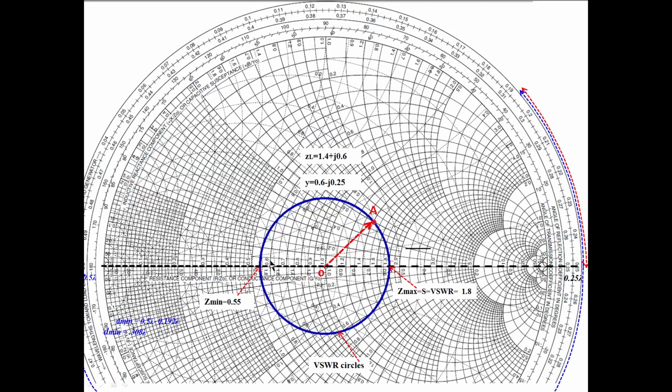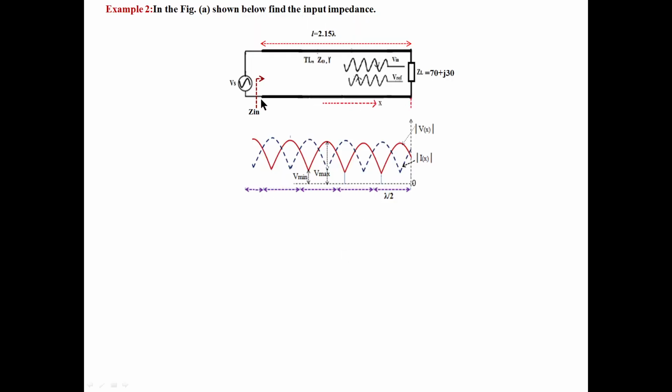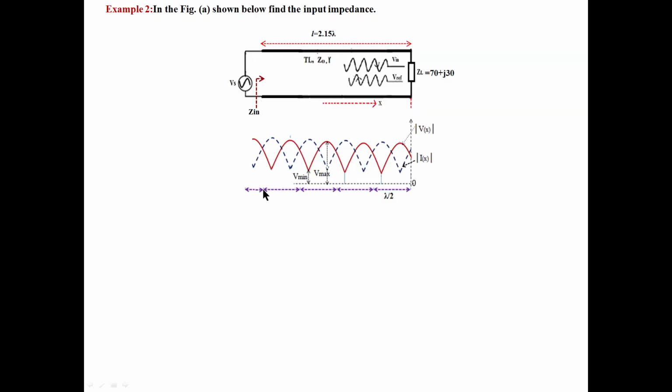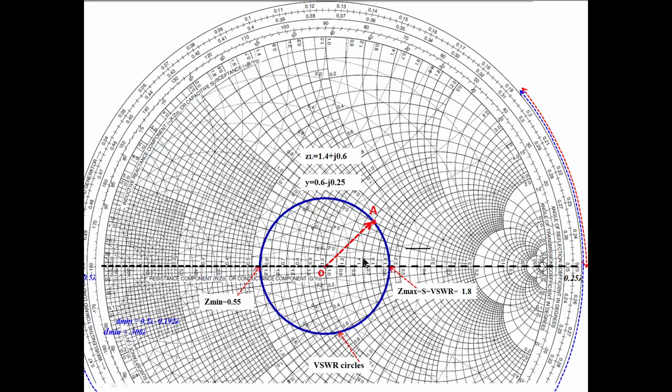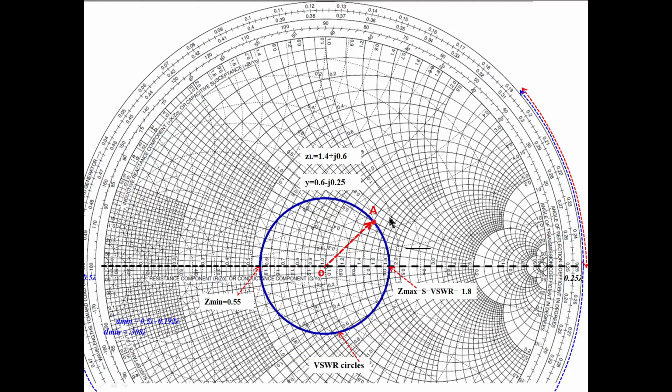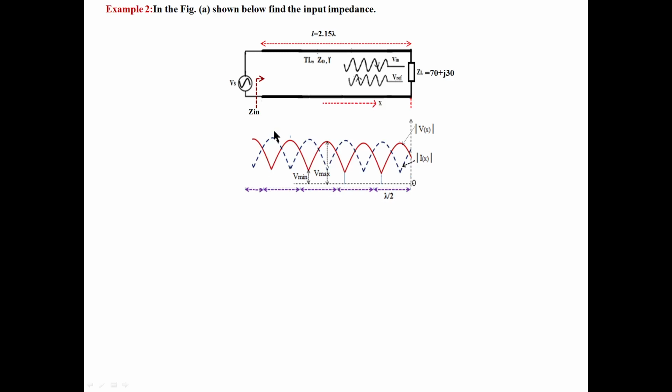If you rotate over this 4 times, how much distance on the transmission line are we covering? We are covering a distance of 2 lambda, up to here. From lambda by 2, 4 times you should rotate over this, then we are coming to here. On the VSWR circle, if you are traveling a distance in multiples of lambda by 2, you have to rotate over that. So if you rotate 4 times, you will be coming to this point.